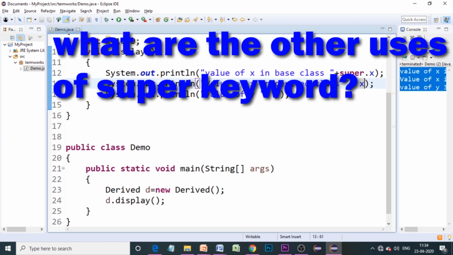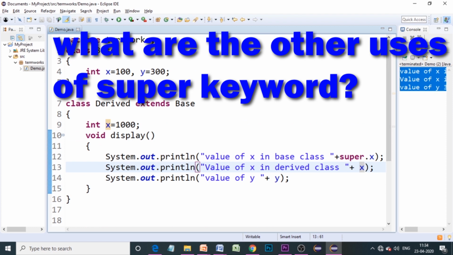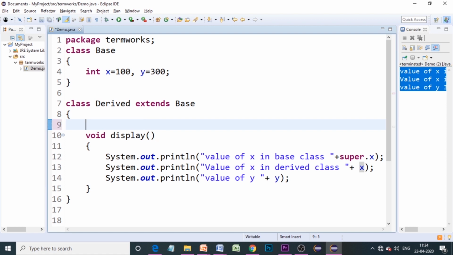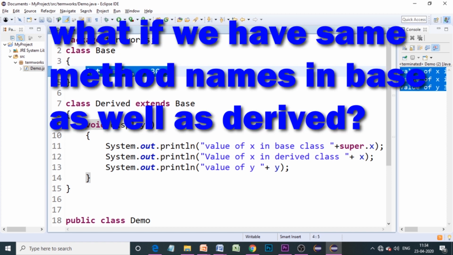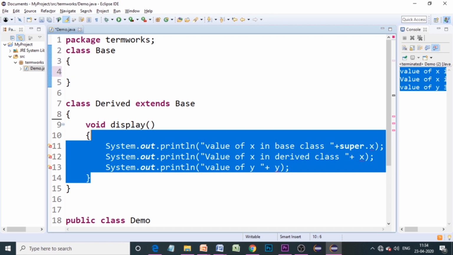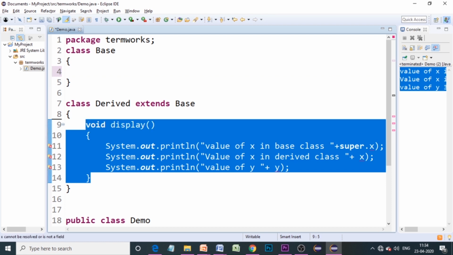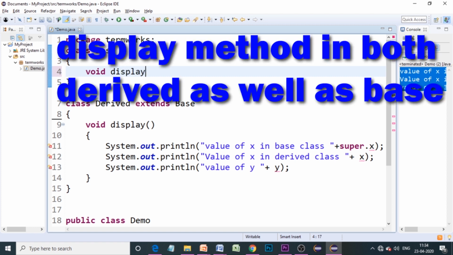And then there is one more use of the super keyword. For that sake I will remove all these data member declarations. This is for when we have the same method names in the base as well as the derived class. For example, we have a display method over here, right? So I will create a display method in the super class also.